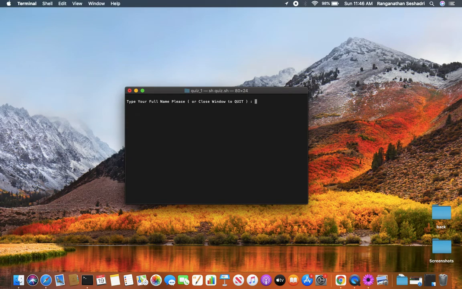I press the enter key. It again goes back to the first question, which is for the next student to enter. Actually, it can do it for the whole class, one by one, all students. So the next student will come to the same computer and can type. Of course, this application does not require an internet connection. It can work locally and store your results also locally. I type the next student name.